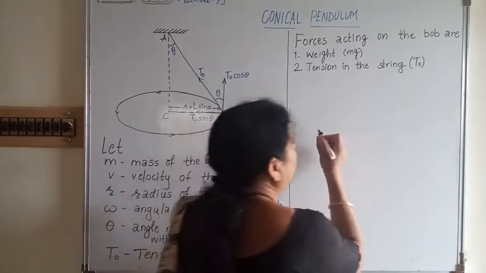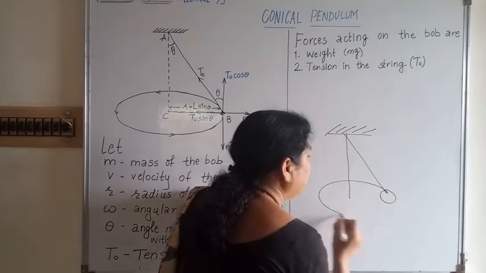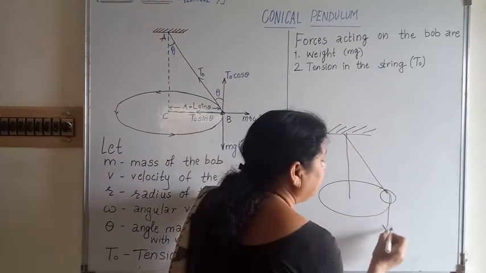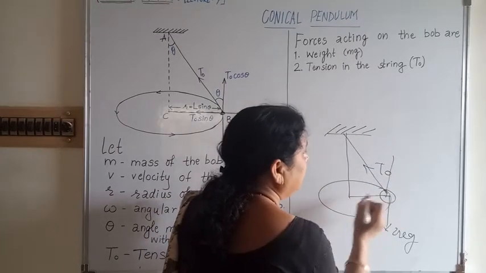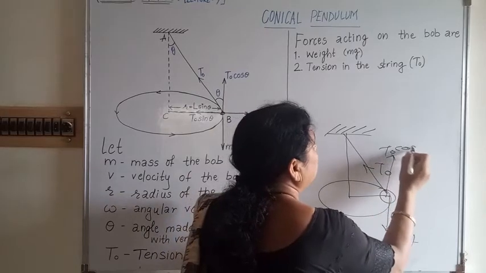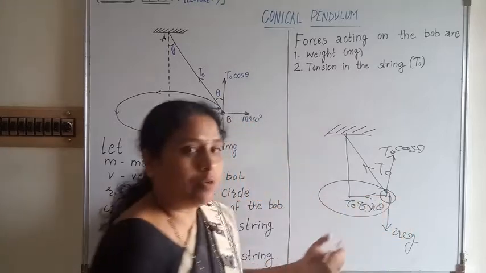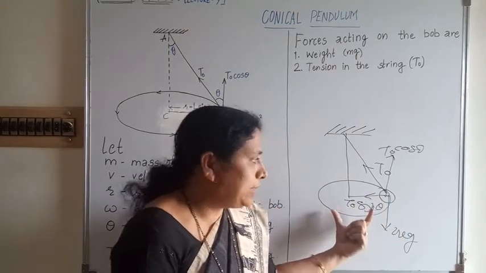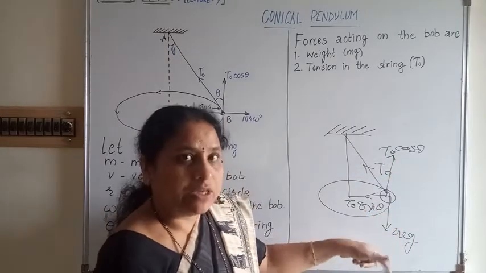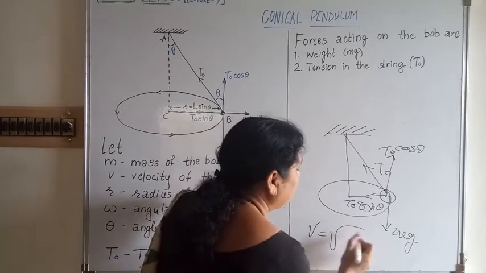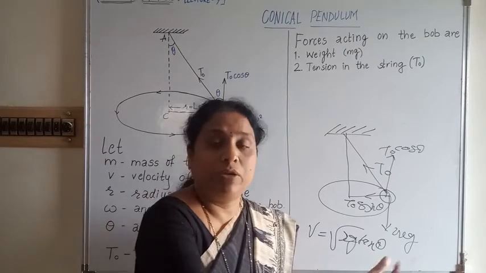In 11th, what we are considering here in short, this is our conical pendulum. It performs the circular motion. Its weight mg acts vertically downward. The tension T0 is resolved into two components, T0 cos theta and T0 sin theta. This T0 sin theta provides the centripetal force. We compare: T0 sin theta is equal to mv square by r and T0 cos theta is equal to mg. Again we will get the equation v is equal to under root rg tan theta. That is the linear velocity of the conical pendulum.